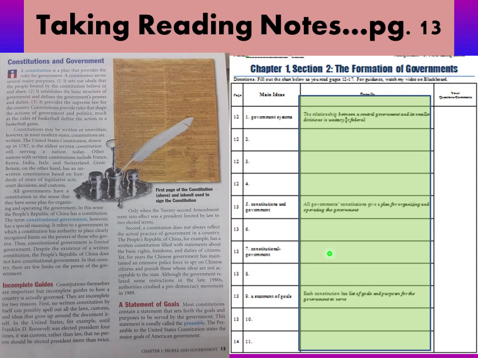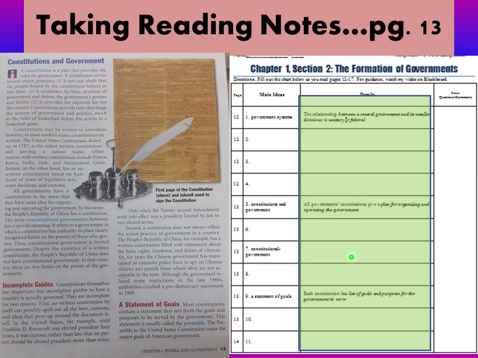So, what are you going to put here? A constitutional government refers to government in which a constitution has authority to place clearly recognized limits on the powers of those who govern. You can just write this right here. Constitutional government is limited government. Limited government, that's all. You just need those two words right here. Limited government just means that the government